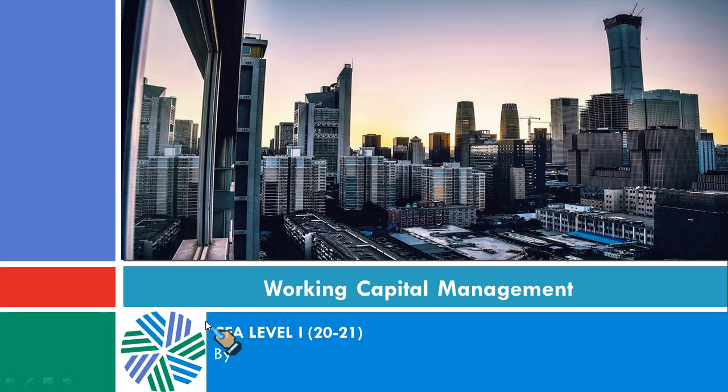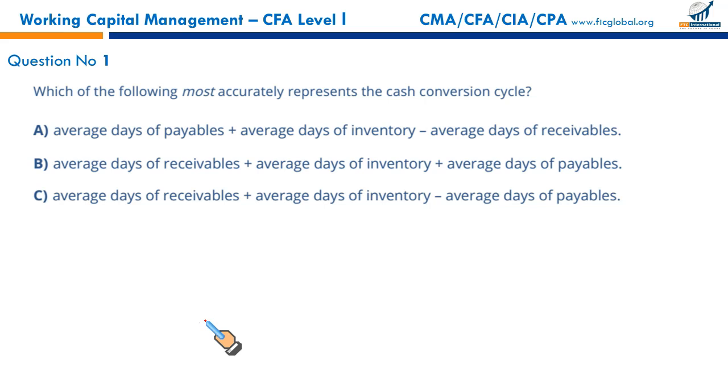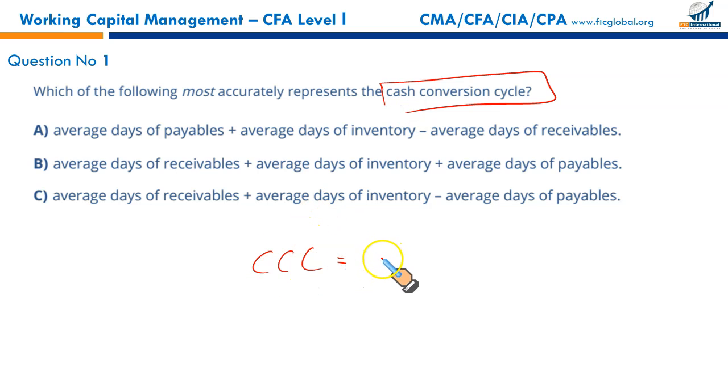Next reading is working capital management, and there are about 40 plus questions in this reading. Which of the following most accurately represents the cash conversion cycle? Cash conversion cycle is equal to